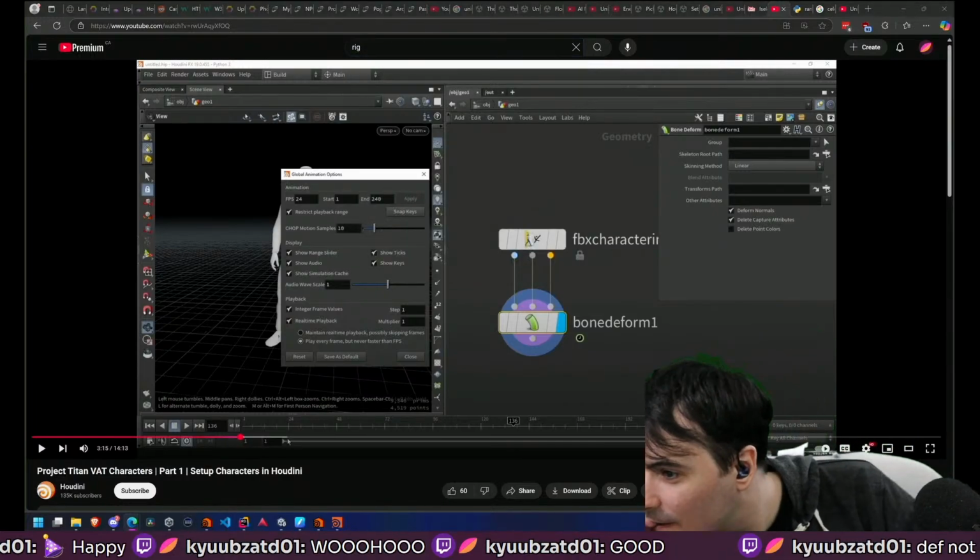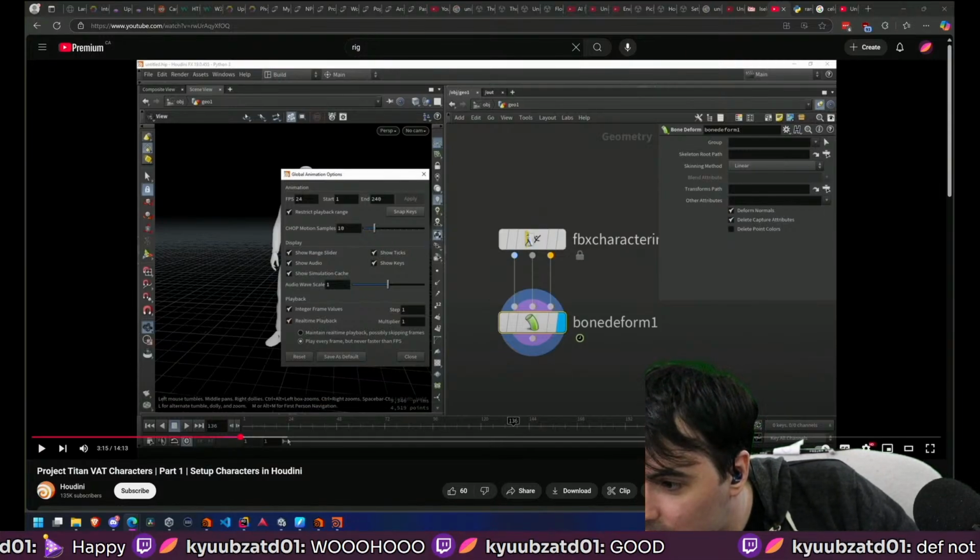Select that and hit the R key to get the display flag on it, and then I'm going to hit spacebar 3, hit the enter key, and I can see I'm in my rig match pose state. So I'm going to click on tweak rotate links, and this allows me to just quickly adjust the rotation orientation of